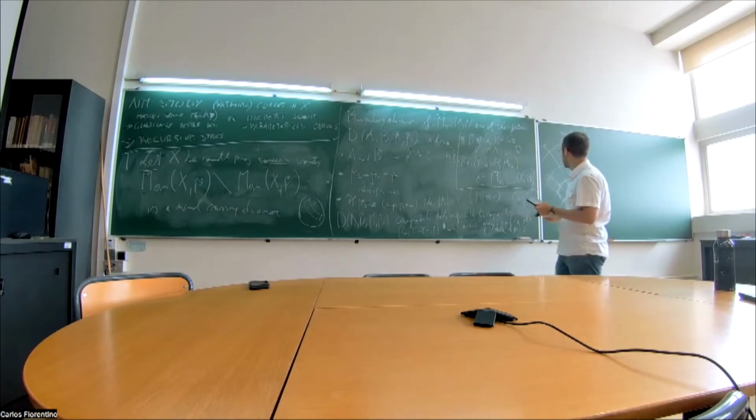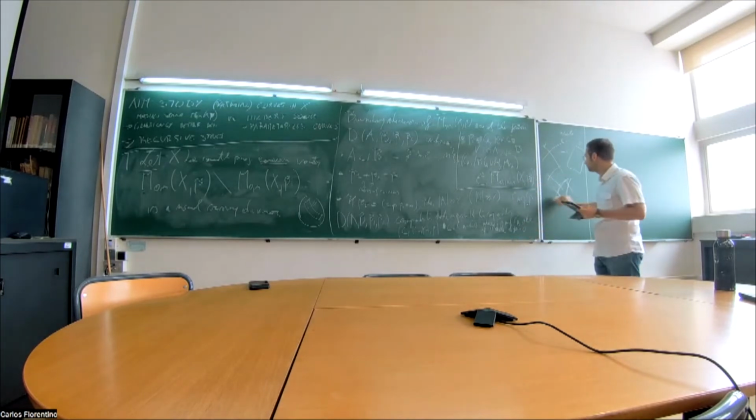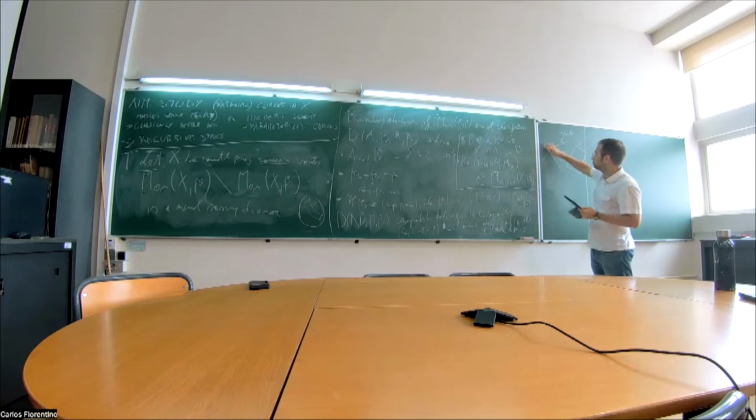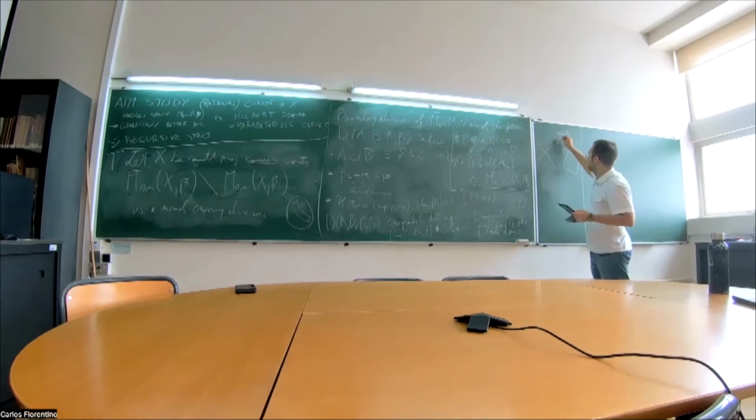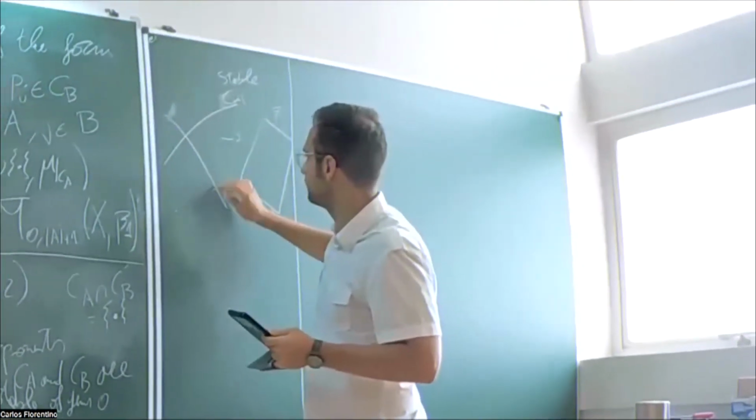Okay, what does it mean? It means that I have 2 components. They need to be irreducible, but I don't care for now. CA and CB,